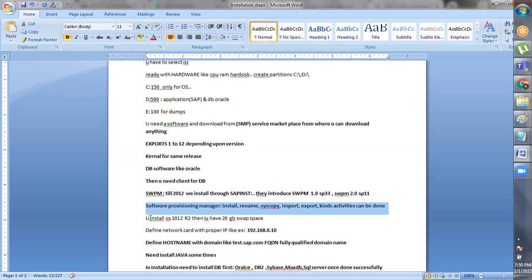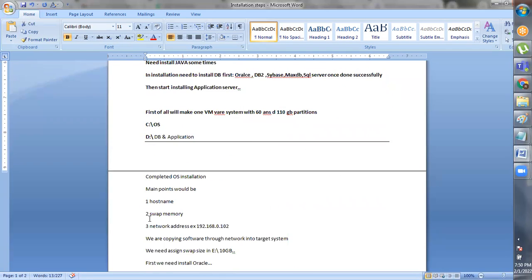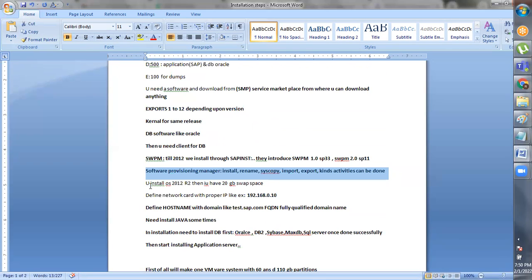Now you have to install the OS. First you have to install the OS, for example 2012 R2. Once you start installation and it asks for some things, you have to give everything to it.